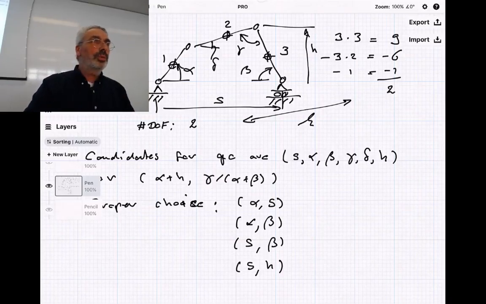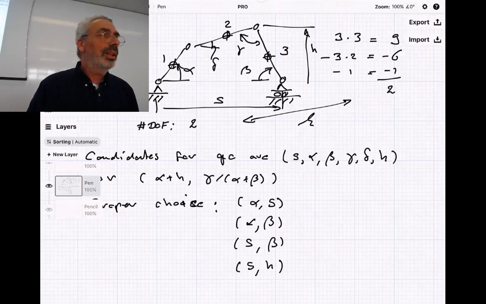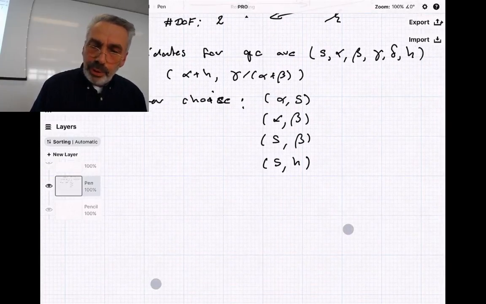So maybe there's something wrong with S and H. I agree. S and H is maybe not such a smart choice. What is the problem with S and H? Yeah, exactly. S and H has a problem because